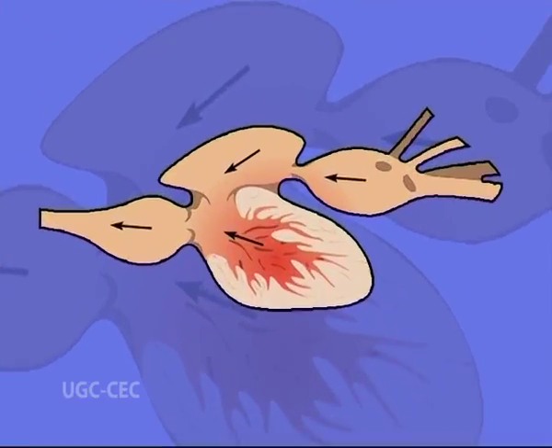An atrioventricular valve regulates the flow between ventricle and atrium. The ventricle has thick muscular walls. So, when the ventricle contracts, the blood goes into the conus arteriosus. This conus arteriosus leads into the ventral aorta and a series of conal valves in the conus arteriosus prevents the backflow of blood into the atrium.